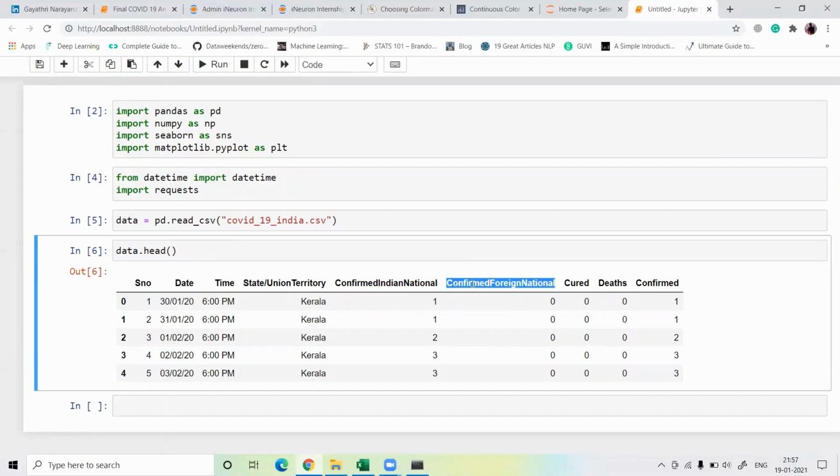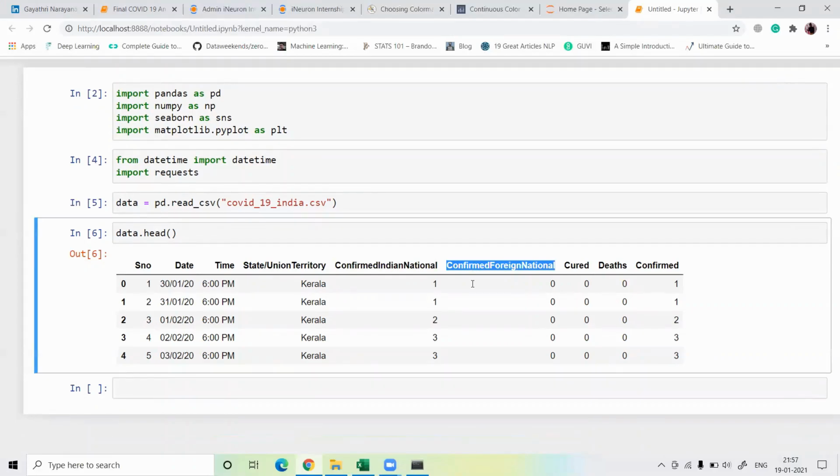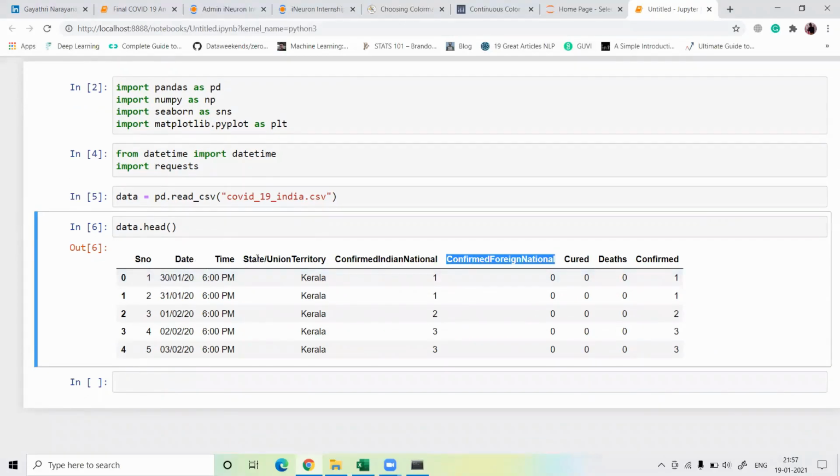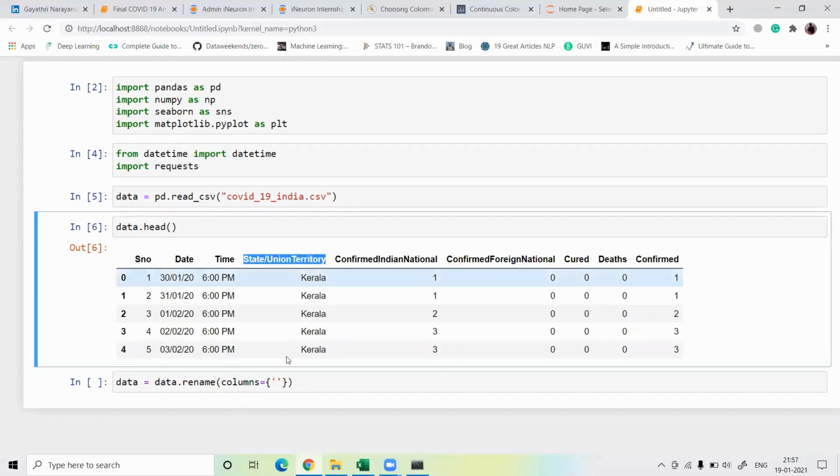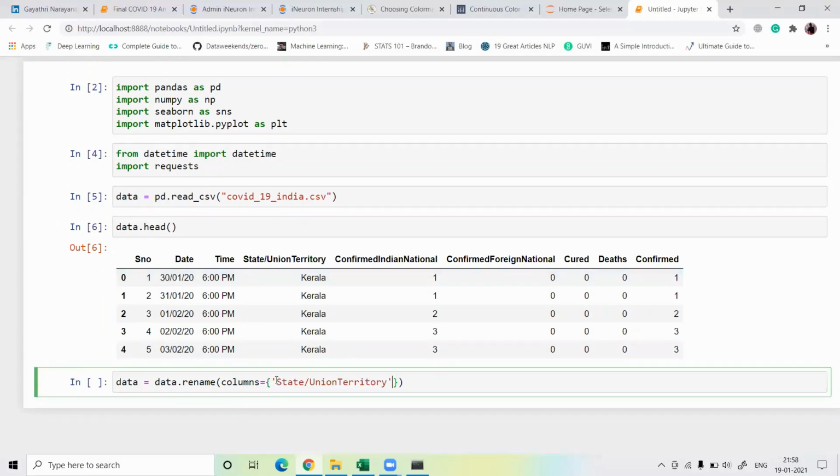First of all, I will rename some of the columns, like the state column, because this is a very long name. So first I rename this column and this column. I write data dot rename, you have to use the rename function, and then columns equal to, take this column name and replace it with states.